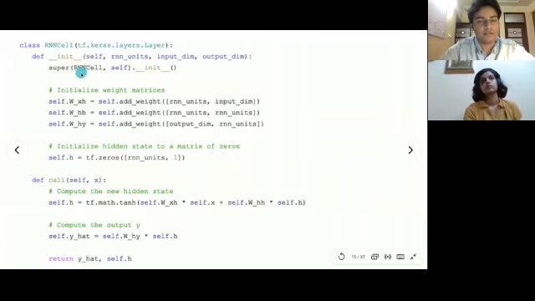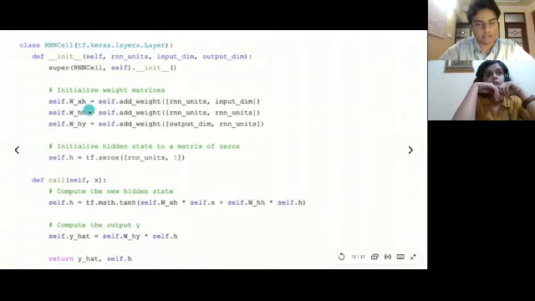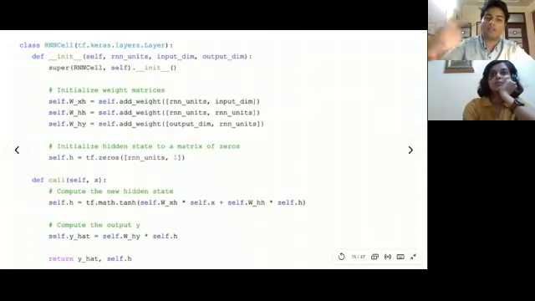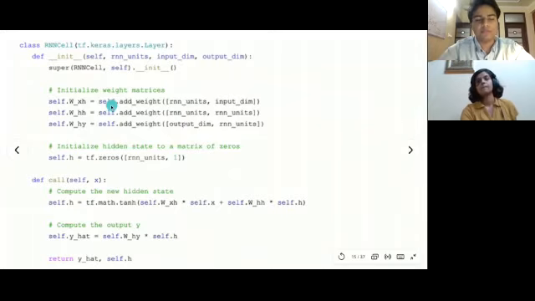We have two functions in it, one to initialize the parameters and the values, and one to actually do the calculations. So here you'll see the three weight matrices that Pooja was talking about. First, we've got WXH, we've got WHH, and WHY. The first weight matrix, WXH, maps the current cell input X to the hidden state H. So you can think of the notation like that. The second one maps the previous hidden state to the new hidden state that we're going to calculate from the current recurrent cell. And the third one maps the hidden state that we've just calculated to the output, WHY. So we randomly initialize these weight matrices with the proper dimensions. So you don't need to bother yourself much with this stuff.